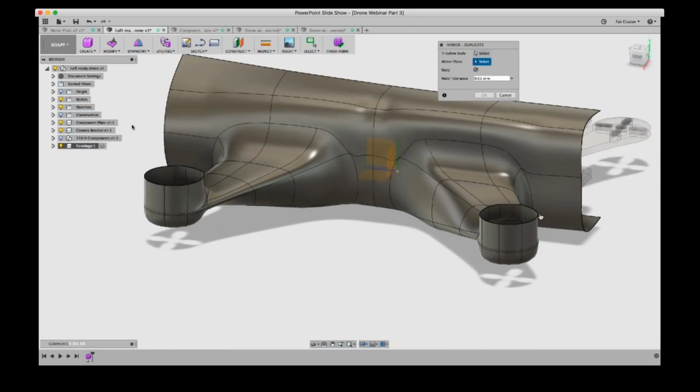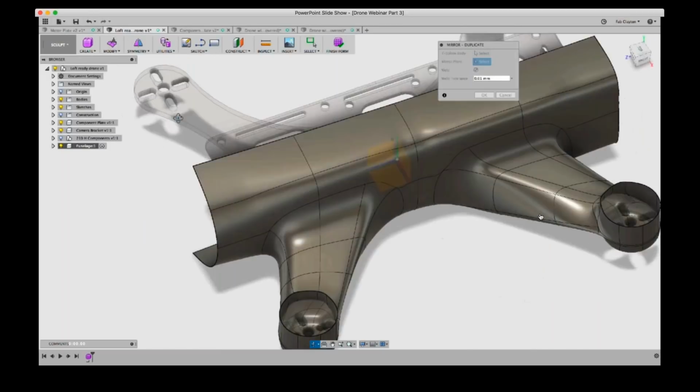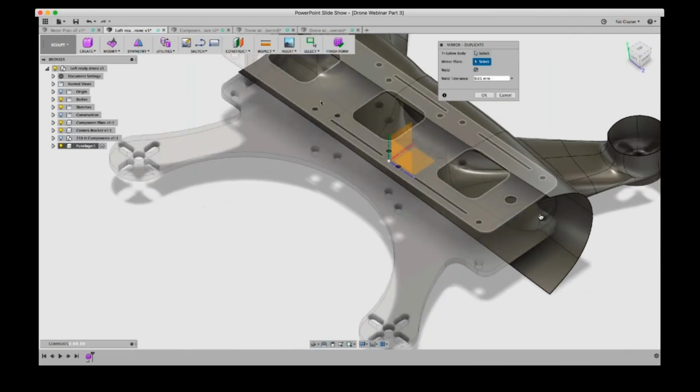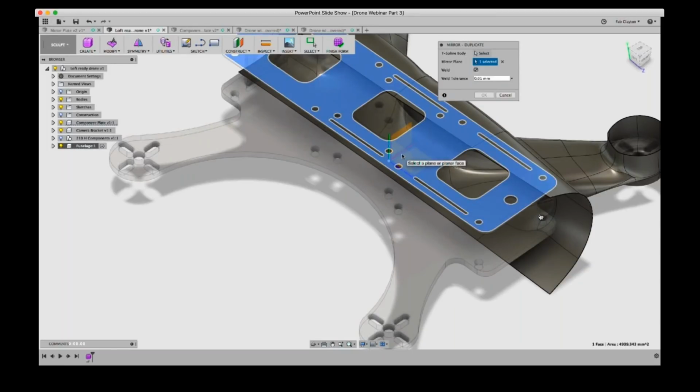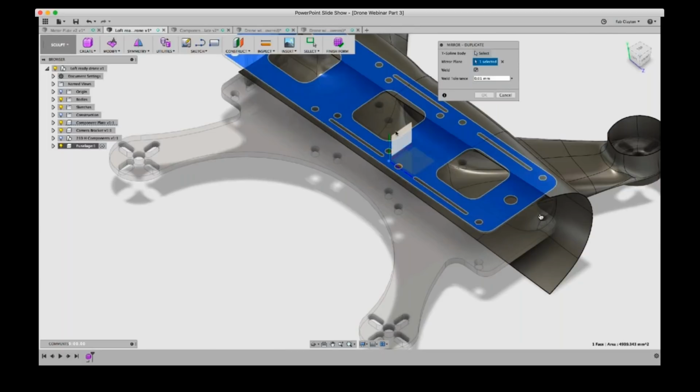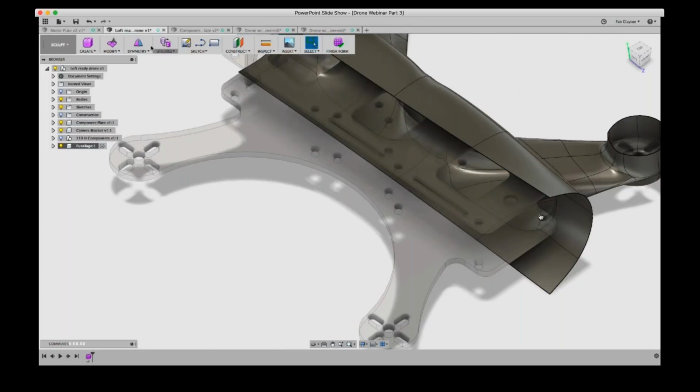And I just go into the mirror command. I select this body, right? And now I have to select which plane I'm going to use for the mirror command. It could be a surface, it doesn't need to be a plane, but it's the vertical plane, right? And sometimes, as you can see, it's hard to select here, so I'm going to cancel and get closer. Sorry, guys. Symmetry,